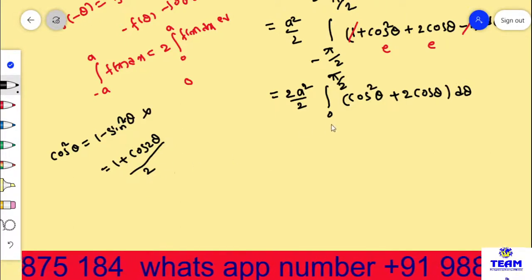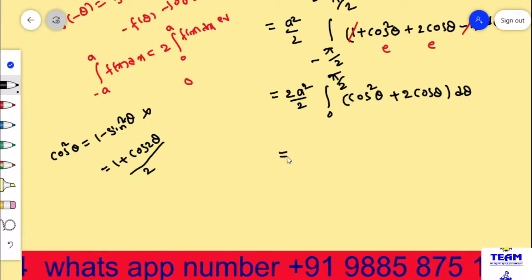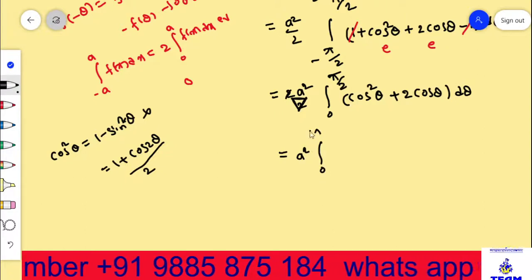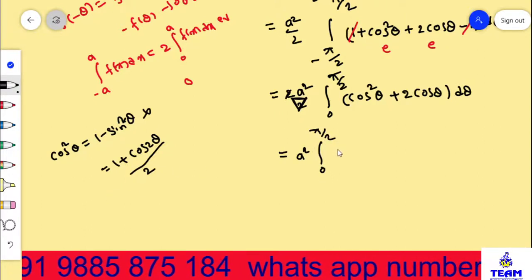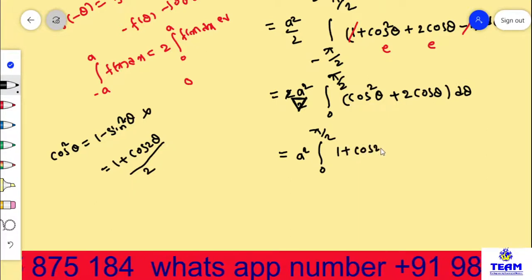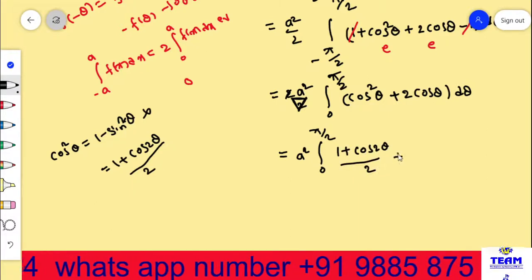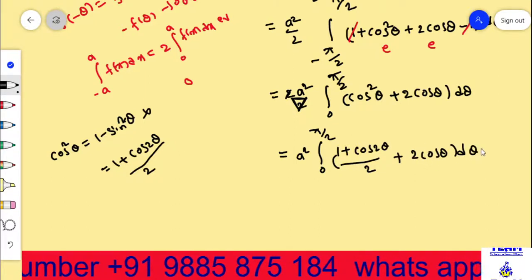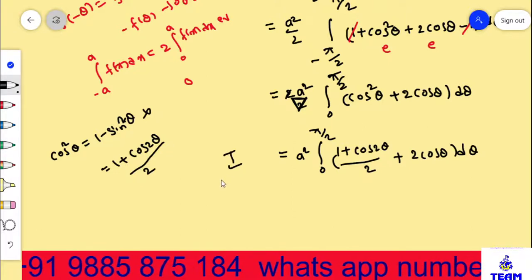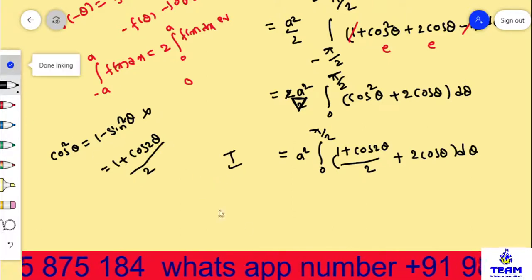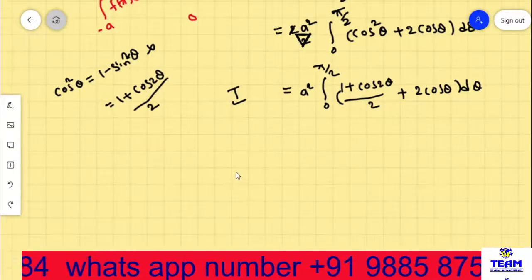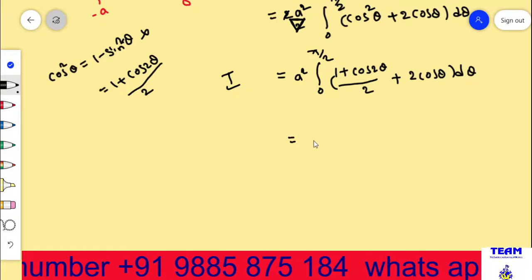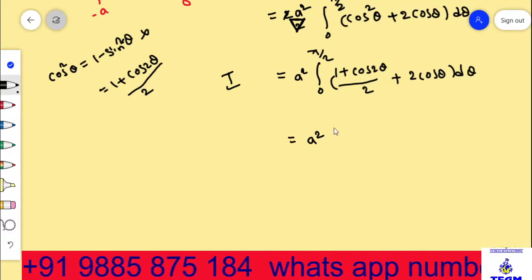You substitute here, then you can get one method. I will explain in that method. Here the denominator and numerator get cancelled, then I will have the integral from 0 to pi by 2 of cos square, which I write as 1 plus cos 2 theta whole by 2, plus 2 into cos theta d theta. Friends, this is the first method. I will explain a different method later. Now I am doing this one. It's easy only, don't feel this is lengthy. Now split this one.